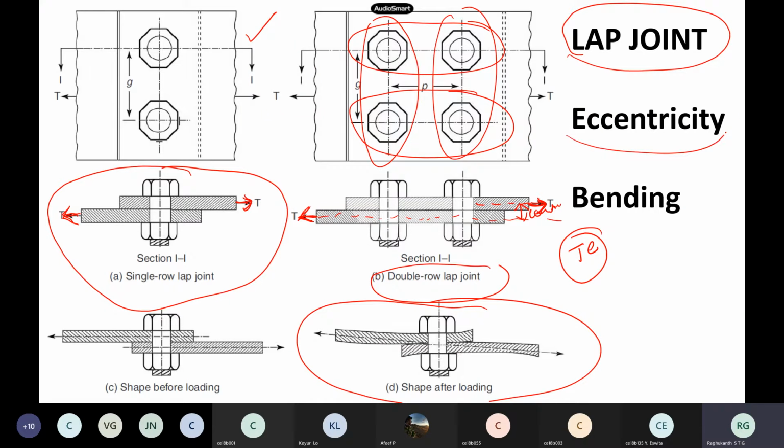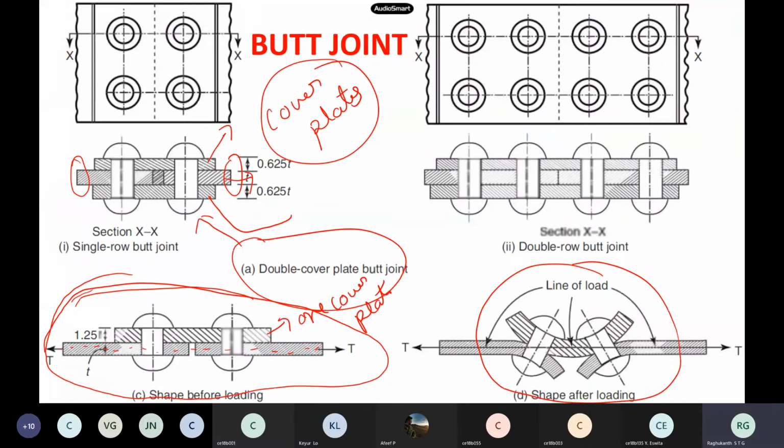This is a typical lap joint I showed you, with two plates, but the problem in a lap joint is that you will have eccentricity, which may lead to some bending, and other problems may come up after some time. Then with a butt joint, if it is a double cover, everything is perfectly fine. Our code also gives a guideline. If you are using a single cover butt joint, the thickness of the cover plate should be 1.25 times T, where T is the thickness of the main plate. If you are joining two main plates of thickness, say, 20 mm, the single cover plate should be 1.25 times T. If it is a double cover plate, the thickness of each plate should be 0.625 times T. So this is a guideline.